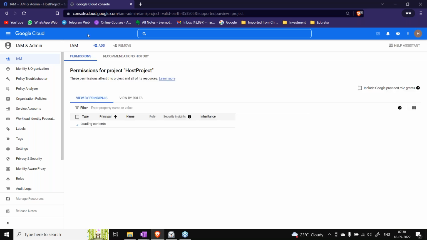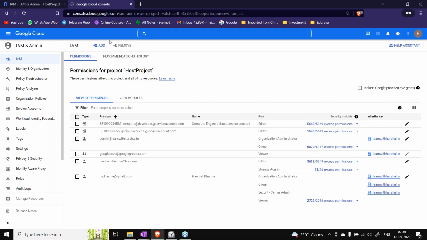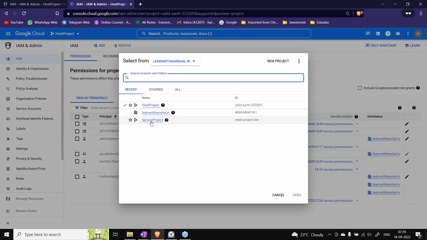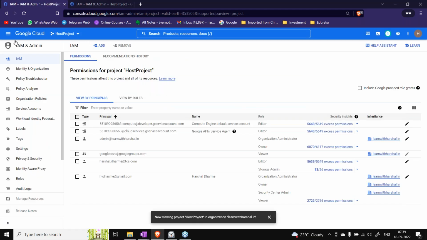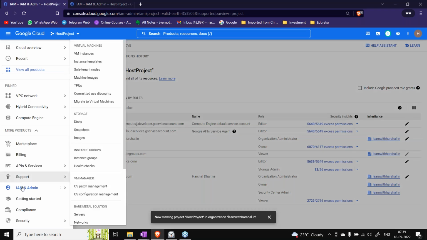So what I have done here is, let me show you the project structure also. Okay, so I have created one host project. Okay, I have created a service project. I keep on using these two projects for every batch, so I have deleted all those existing shared VPCs and everything. Let me show you that as well. One second.